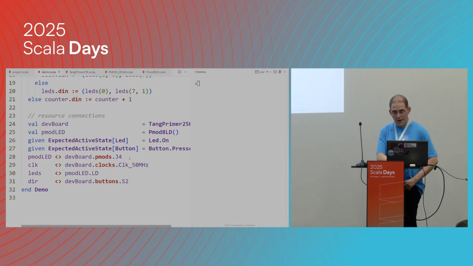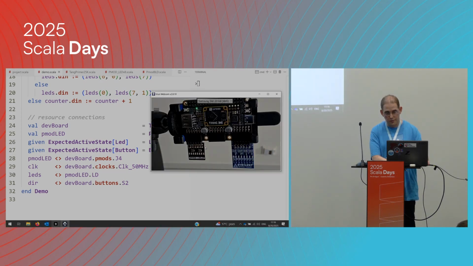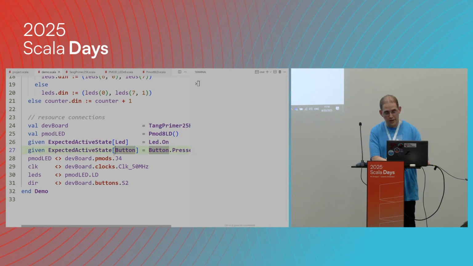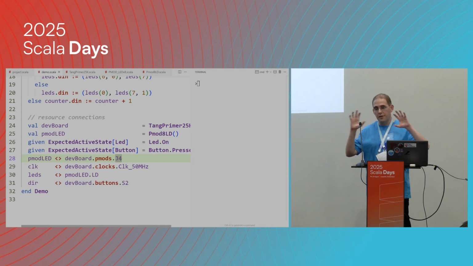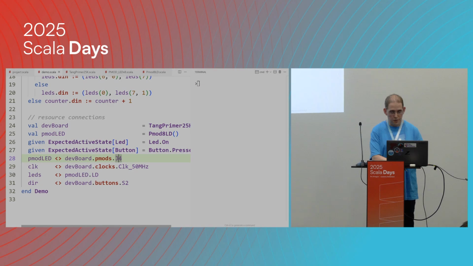So basically what we have here is this board over here, the PMOD board, connected to J4, and this PMOD is connected to J6. So by creating this connection between the board that I instantiated and the connector, everything else that you need to take care of is taken care of for you. So if I run,